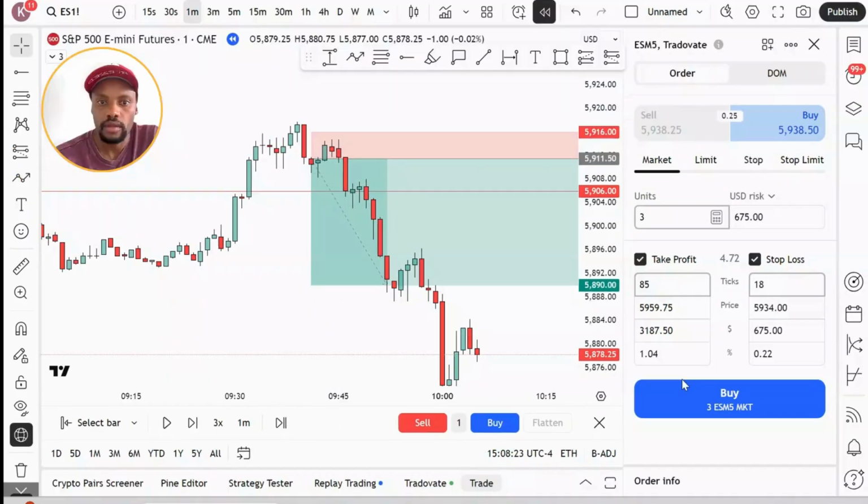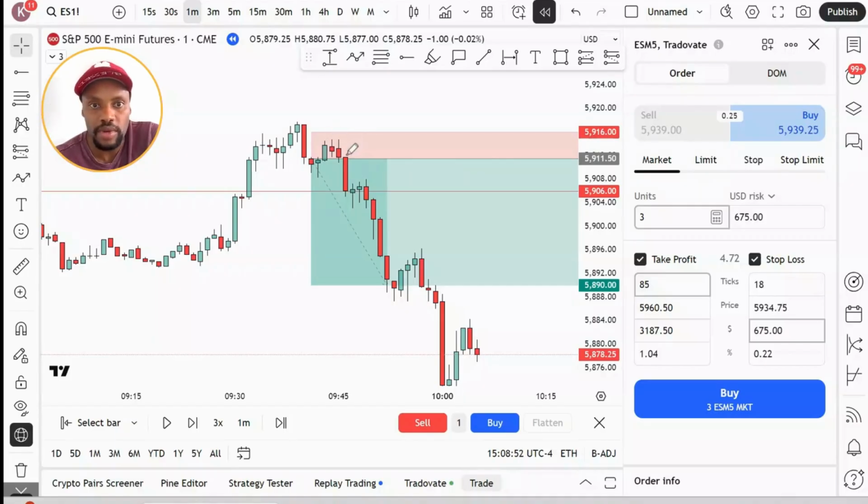eval. So one thing I'd like to point out is when you go with a lower contract size, you can still see I kept my stop loss at 18, meaning I would have only lost $675 out of my 2,500. So had this gone and hit my stop loss, guess what? I wouldn't have been out of the game because I would still have about $1,800 in trading threshold to still